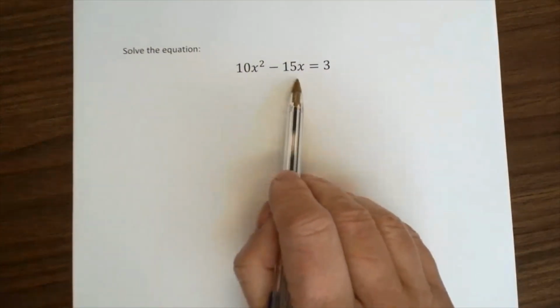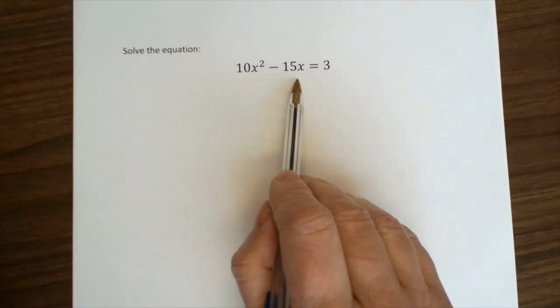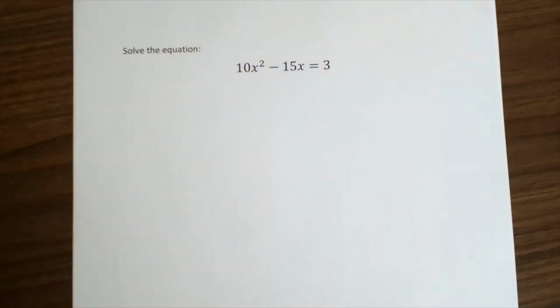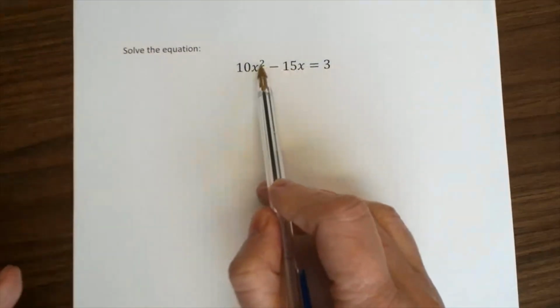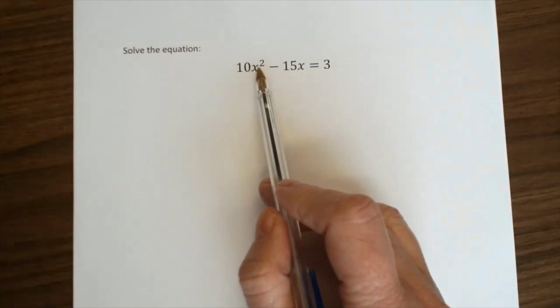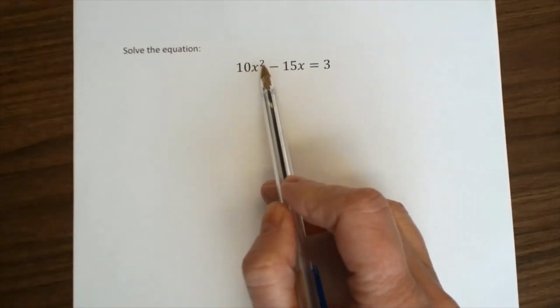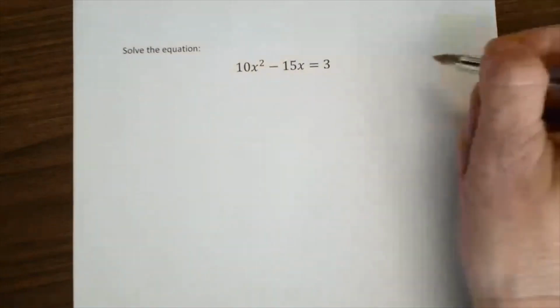We have to solve an equation. First of all, we have to think what kind of equation is given to us. It's not a linear equation because we have x to the second power. When we have x to the second power, it means this equation is a quadratic equation, and we have to